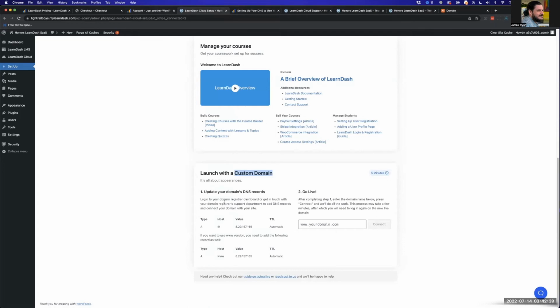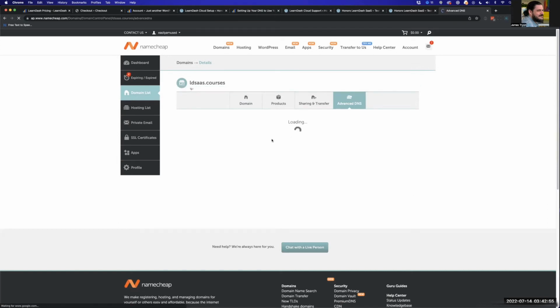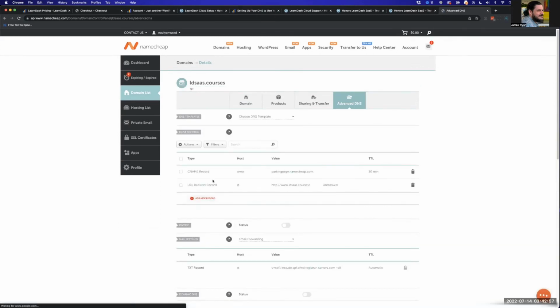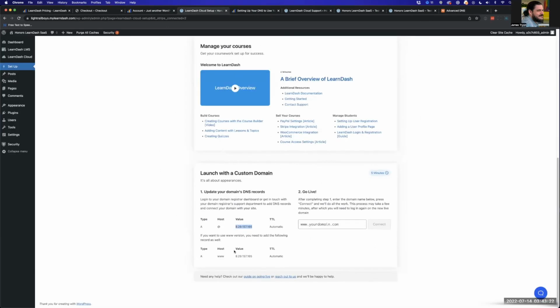Back to the documentation, we'll need an A record at this address. Advanced DNS. Add a new record, new A record. This IP, give it an @, and